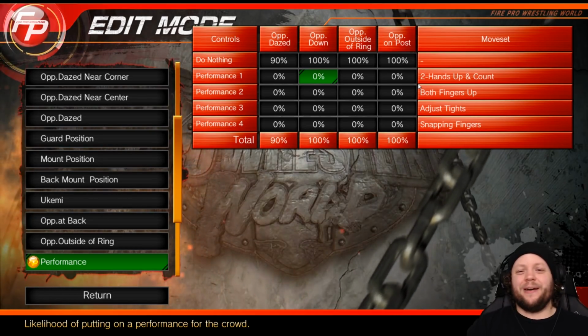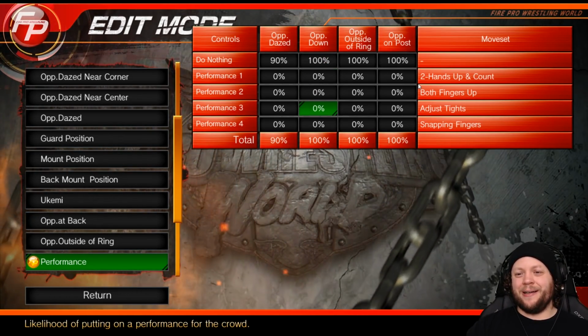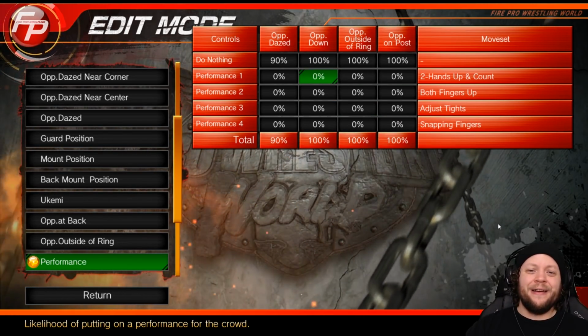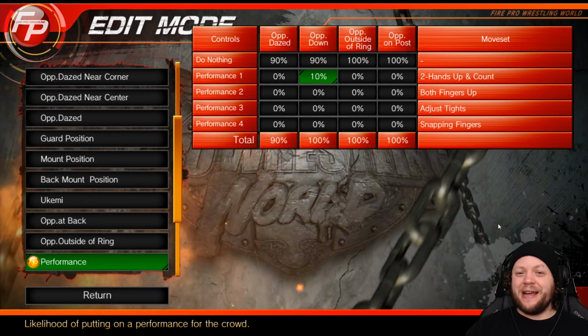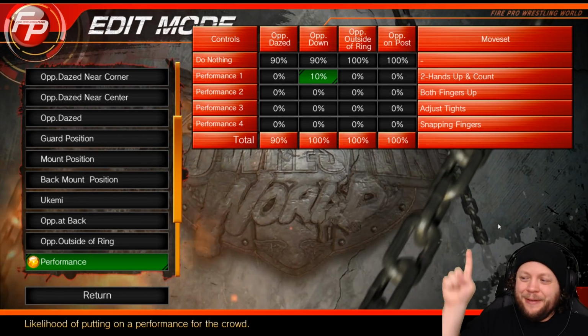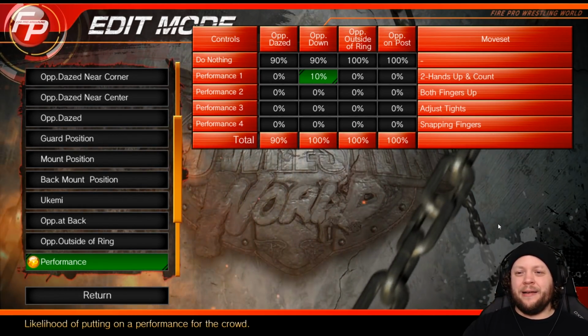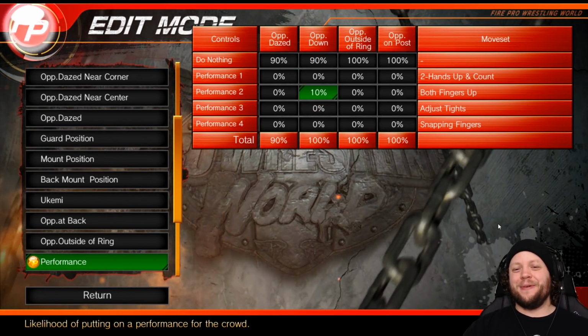Here is an interesting opportunity, though. Opponent down, we can set up a taunt that will lead... Yeah, actually, let's do that. That's a cool priority chain. So here's what we're going to do. We're going to say 10% of the time when they're down, we want to do the two hands up. That's our yes motion or whatever. The reason we're doing that... Oh, wait, no, that's the both fingers up. There we go. The reason we're doing that is because